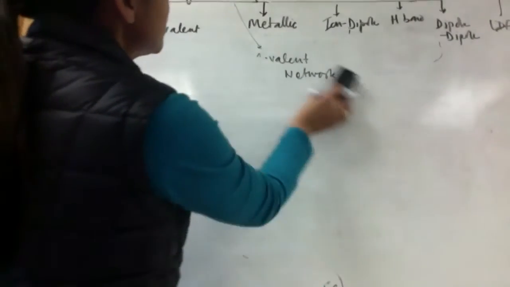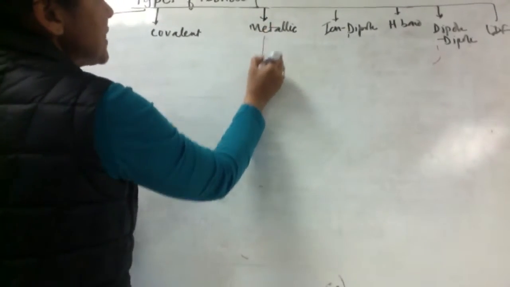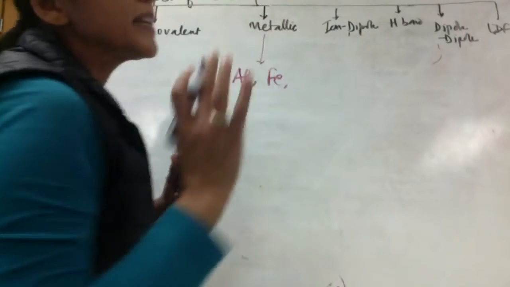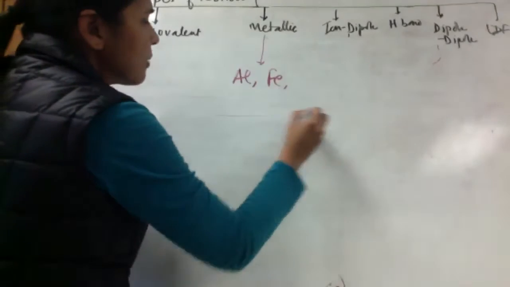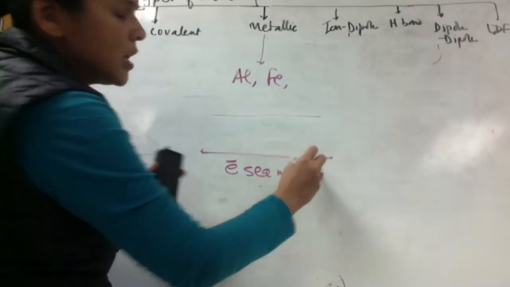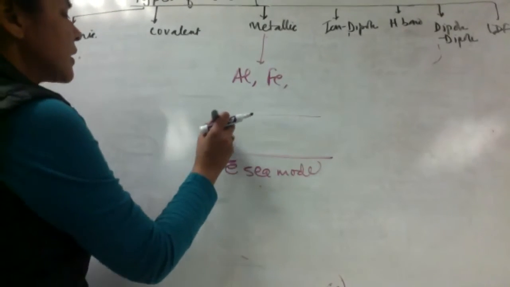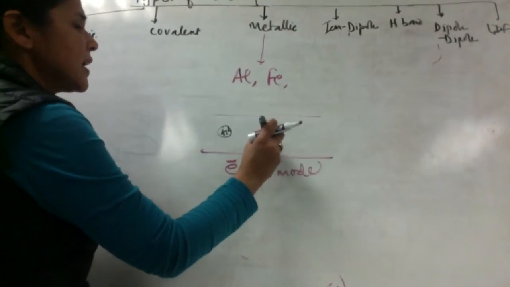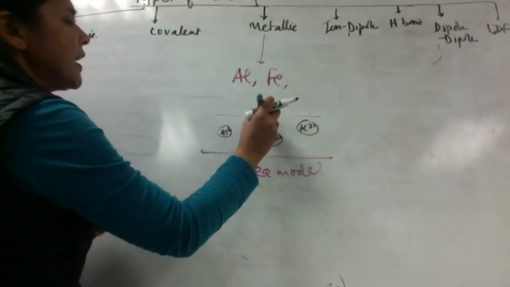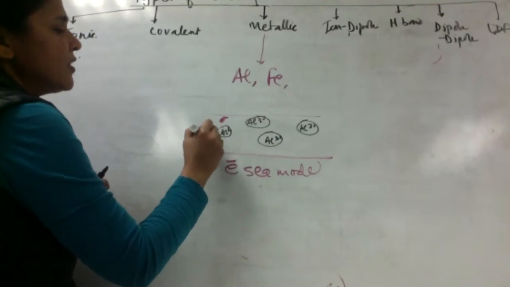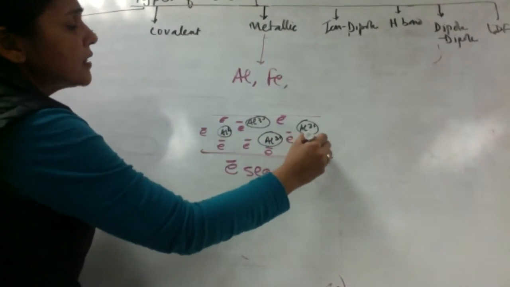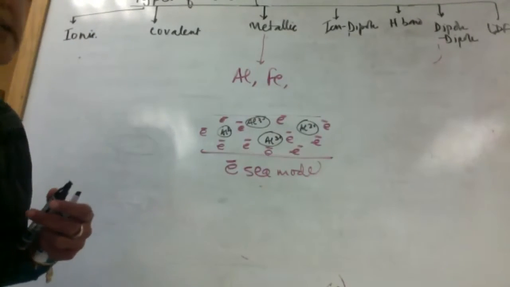Now moving on to metallic compounds. Metallic compounds are pure metals, aluminum foil, iron nails. All of these by themselves are just metallic. Metallic compounds have metallic bonds, which is based on the electron sea model, where you have metal cations like Al3+, which has lost its 3 electrons into the common matrix. And these 3 electrons are constantly moving, and wherever they are, they feel attraction from those atoms at that point